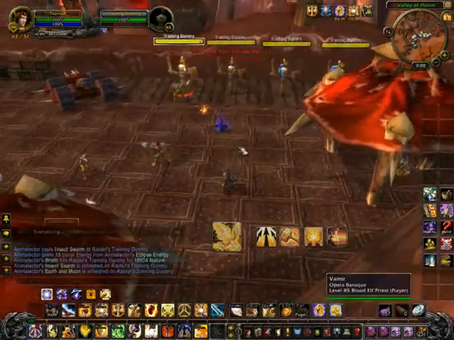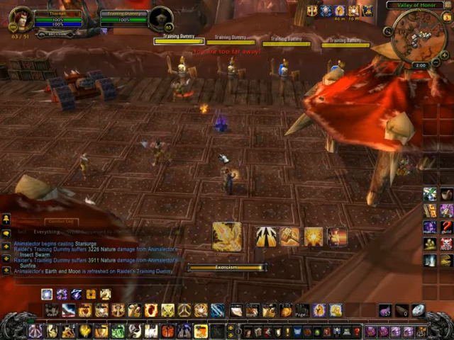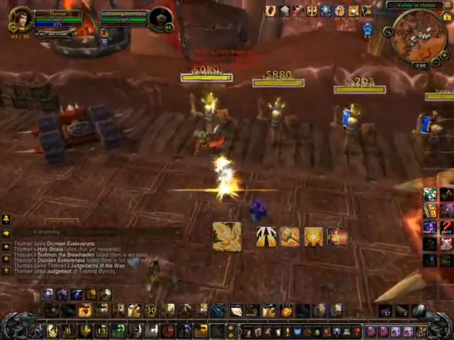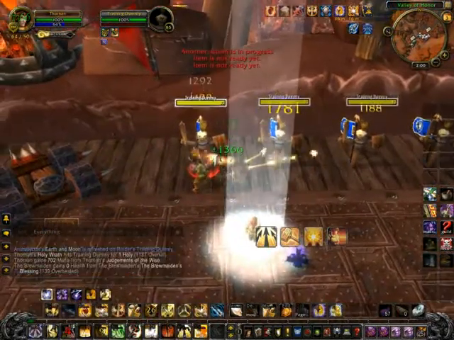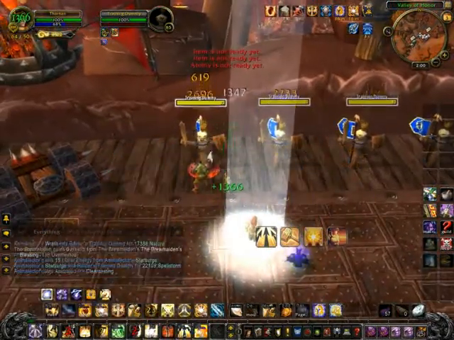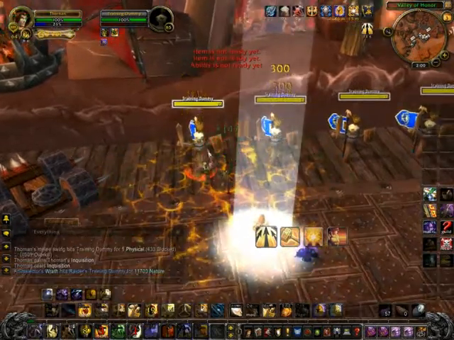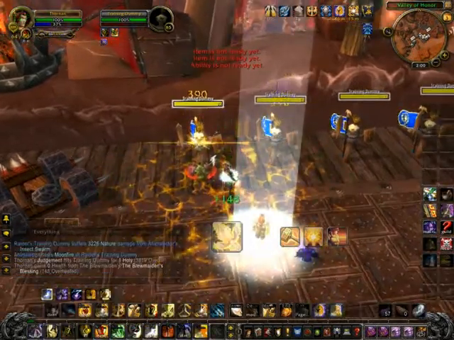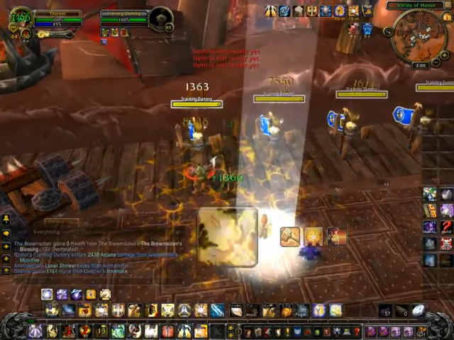AOE rotation. Let's start off by casting Exorcism followed by Avenger's Shield. While you're running in, cast Judgment, Hammer of the Righteous, Holy Wrath, Hammer of the Righteous, Consecration, Hammer of the Righteous, followed by Inquisition, Judgment because we're running out of mana, Hammer of the Righteous, Avenger's Shield, Hammer of the